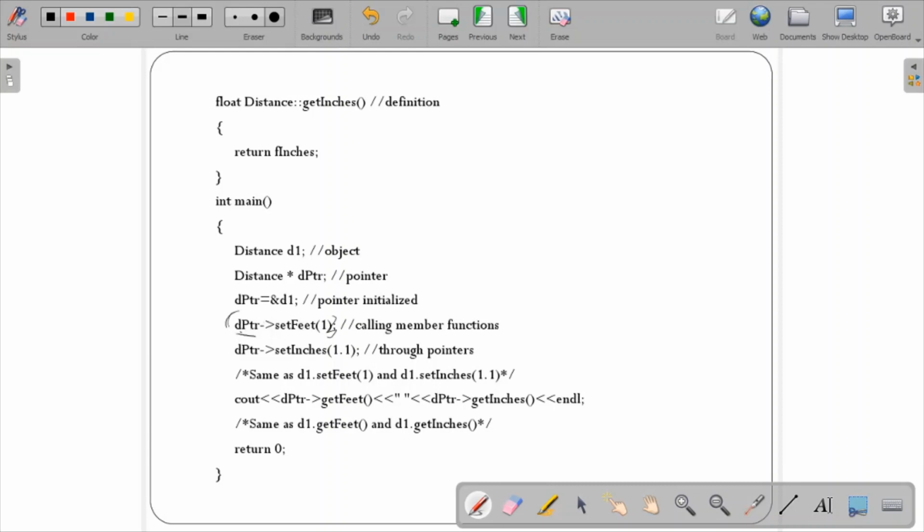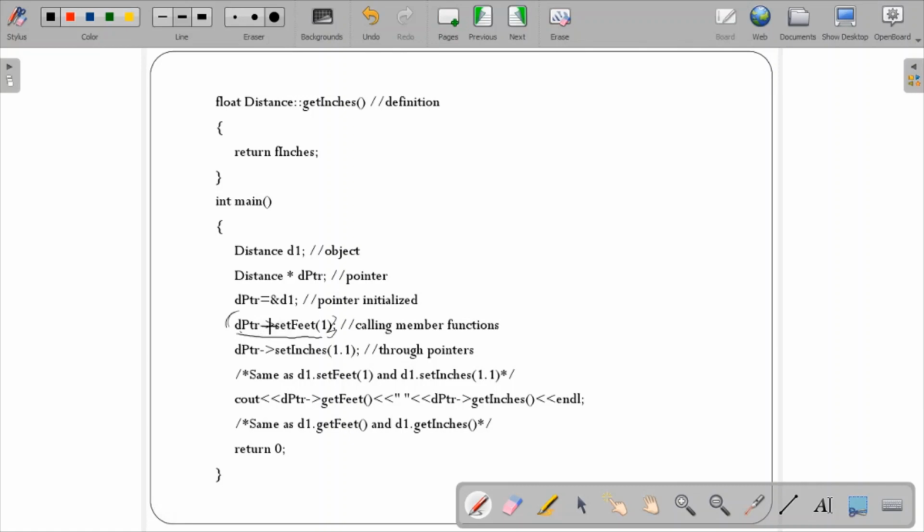A member function, this setFeet, is a member function of your class Distance. It can be called with respect to an object through a pointer pointing at the object.